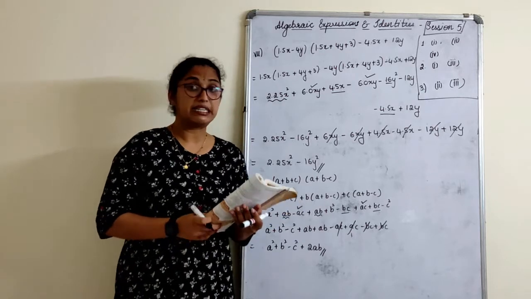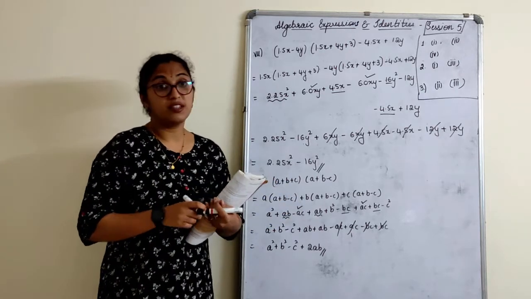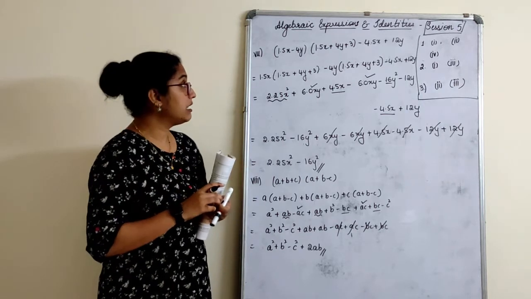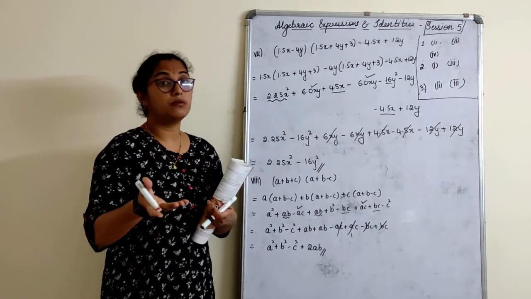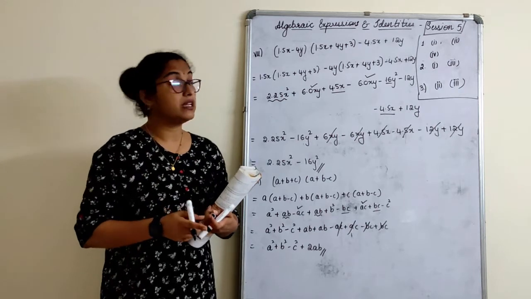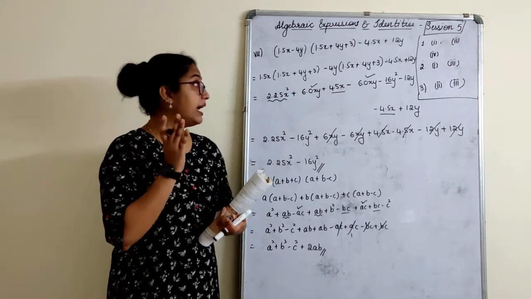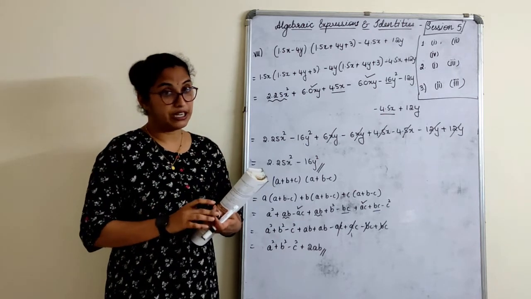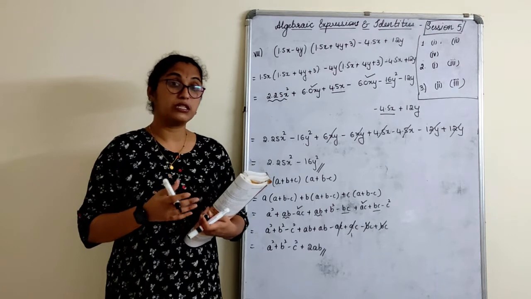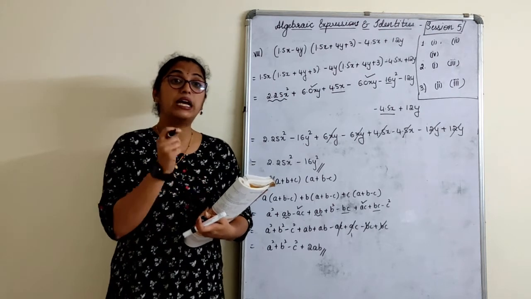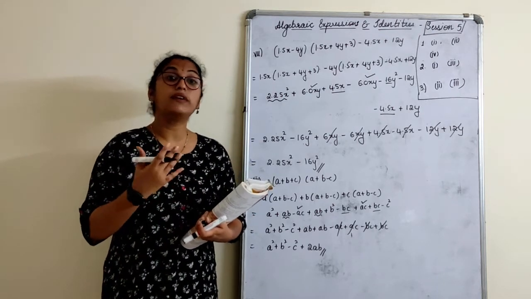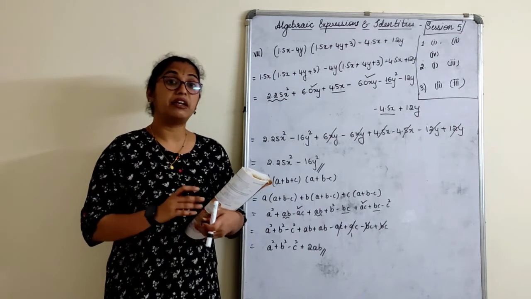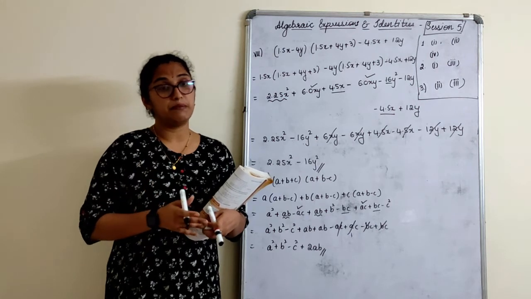With that we complete algebraic expression, where we understood what is an algebraic expression: term, monomial, binomial, trinomial, multiplication of a monomial to a monomial, monomial with binomial, binomial with binomial, binomial with trinomial, and trinomial with a trinomial. This is the multiplication process. Along with that, we also understood about like terms and unlike terms. How do we add them and we cannot subtract them. So our next session will be on algebraic identities, a very important session.